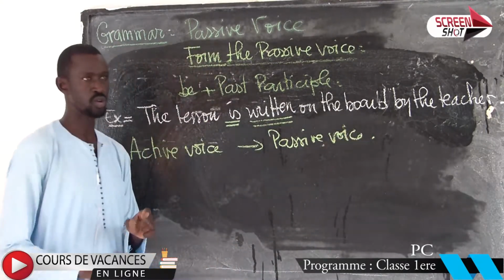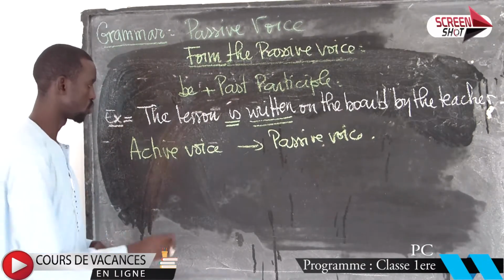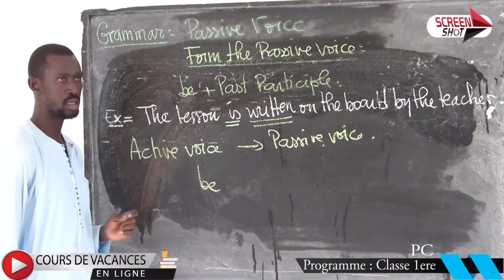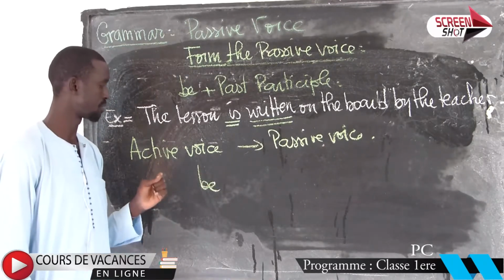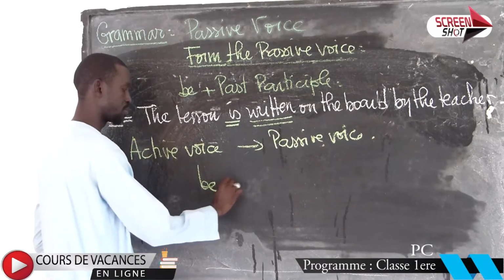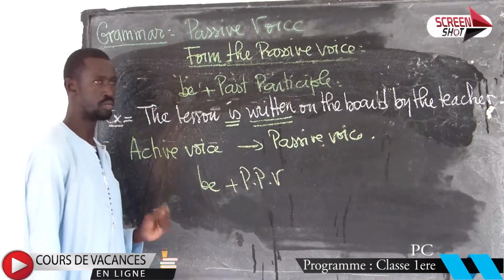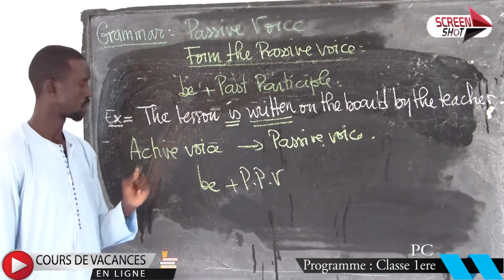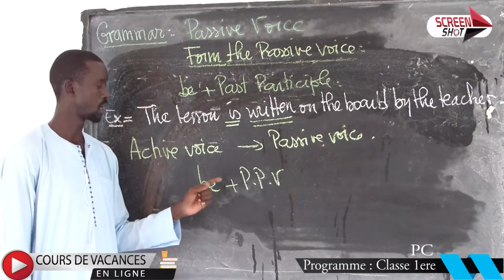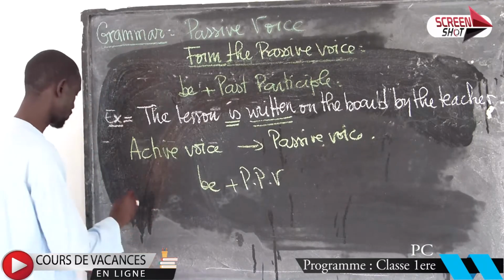So here the most common rule that is kept is we use the auxiliary to be, same tense with the verb in the active voice, plus the past participle of the verb in the active voice. To be, same tense with the verb in the active voice and the past participle of the verb in the active voice. For example,